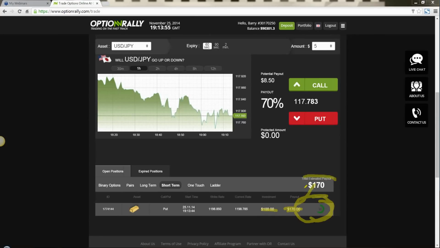We can see right here in our estimated payout, we see 70%, and as long as we see green in this countdown clock, we will get back that profit. But again, it's only a matter of where the asset is at the close. So we're down to 24, 23, 22, 21, and it's going to kick down. And if everything goes well, we're going to walk away with $170 back into our account, or $70 profit in 60 seconds. 9, 8, 7, 6, 5, 4, 3, 2, 1, 0. Now it's going to validate and verify where it was actually at in the real markets at the trade.